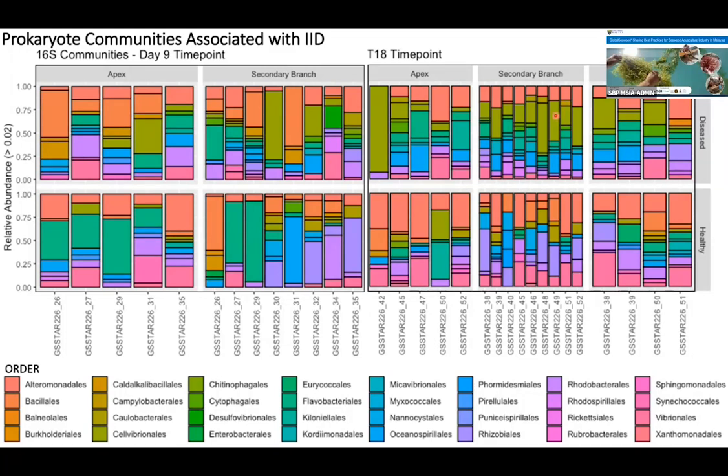So if we think specifically about the taxa which have been previously associated with IID, we can see from the legend at the bottom that there are Vibrio and Cytophagales reads in some of our samples. However, Vibrio only accounts for more than 6% of reads in a single sample, either healthy or diseased, and that's this one here, this diseased sample from T9, which has 25% of reads assigned to Vibrio. For Cytophagales, this is only present in a handful of the T9 IID samples and a handful of the T18 IID samples. It doesn't occur in any healthy tissues, and at neither time point does it occur for more than 5.8% of reads.